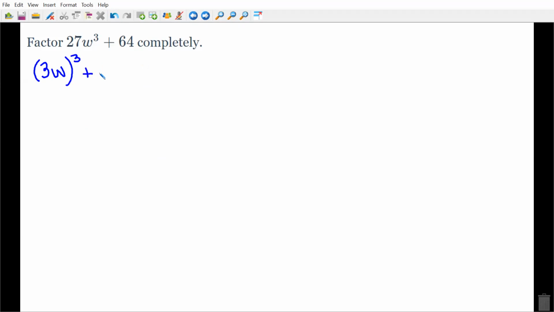And 64 is the same as 4 in parentheses third power. Okay. There was another person that wanted to participate. The power. 3w plus 4 times. This is going to be 9w squared plus 12w